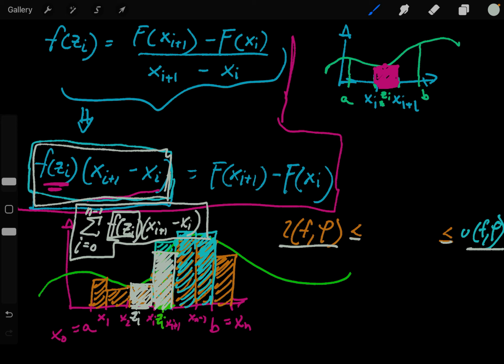And I do this for all the intervals. And that's going to be true for any rectangle that I pick. So this goes between the two. Okay, and that's extremely key because